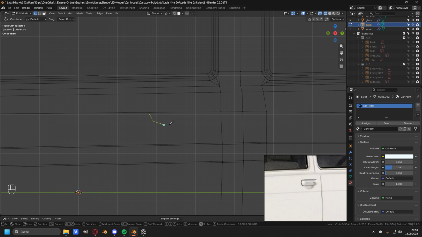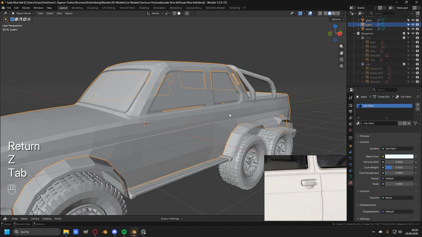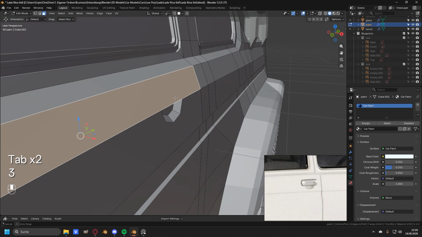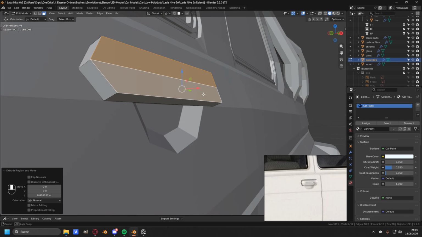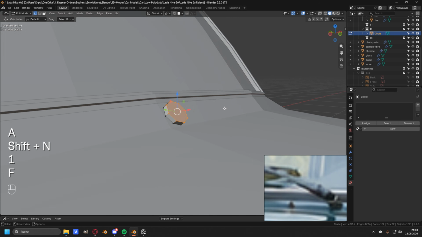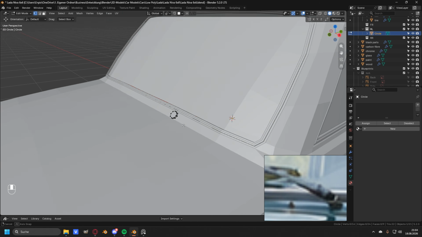I obviously already created a lot of details, but before I could say that the model was finished, I also created some details like the door handle for example, but it is nothing special as it wasn't even harder than just extruding some faces. After creating the door handle, I started to create some windshield wipers, and as I had